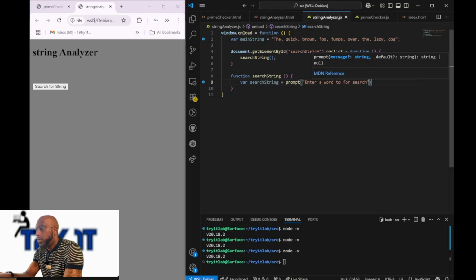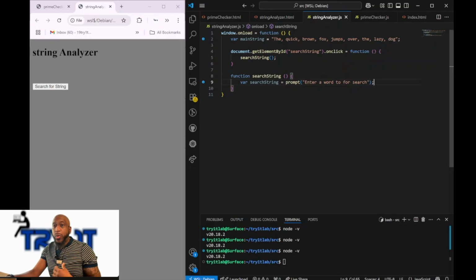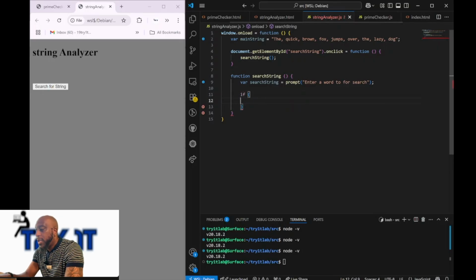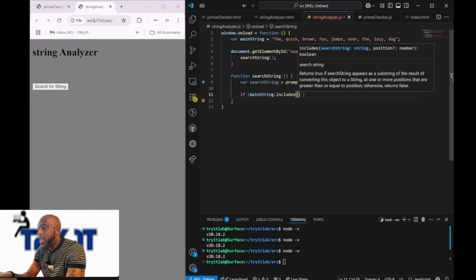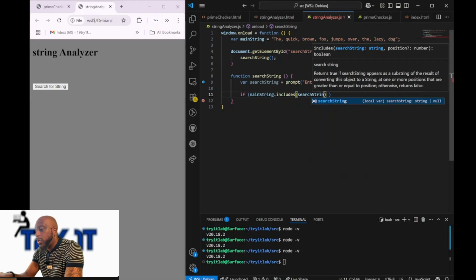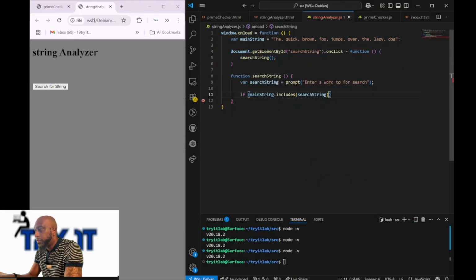Okay. And then, since we have that variable now, we are going to do what's called an if statement. Of course, you know what an if statement is. This is going to be a new function that we never used before, though. So just stay with me here. So if main string dot includes, okay, if that includes the search string, like that, then we are going to